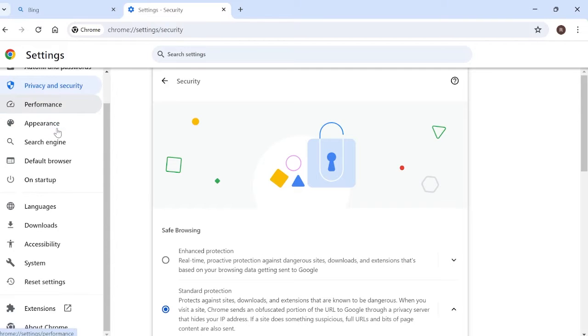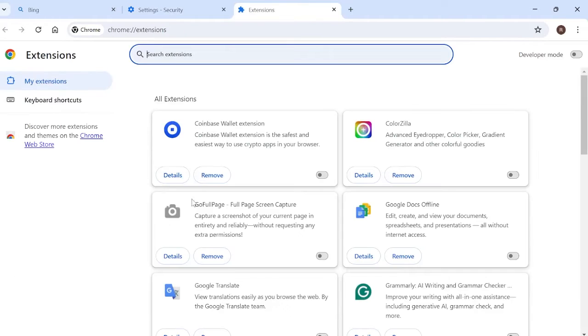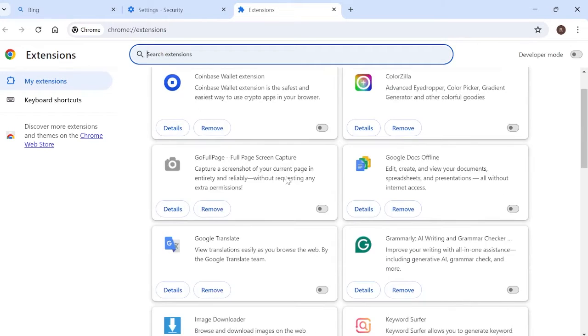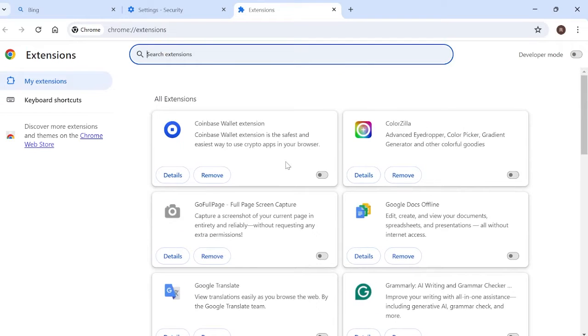Then we need to scroll down on this left panel and you want to come into extensions, and you want to try disabling any Google extensions that are currently enabled, as sometimes these can cause conflicting issues when trying to load a web page. To disable an extension, you just need to toggle this button to off. As you can see, all mine are currently disabled, and then we can close out of Google Chrome,